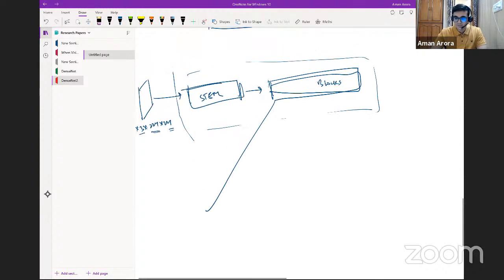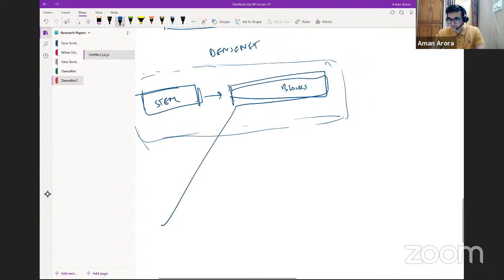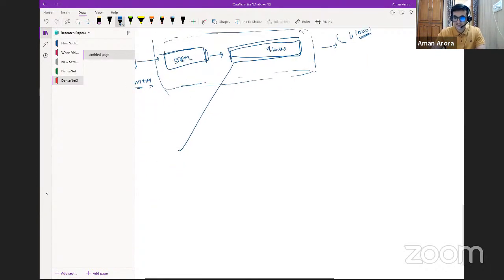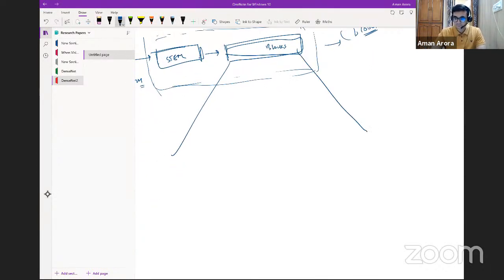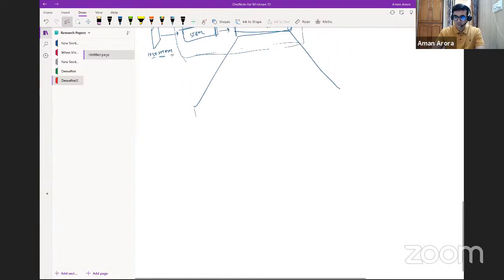Okay. So this overall thing is the DenseNet. All of this in dotted lines is the DenseNet architecture. So you have your input going through the DenseNet, you get some output, which is, say, 1 by 1,000, which just means it's able to classify into 1,000 classes. But then these blocks, and these blocks look something like,